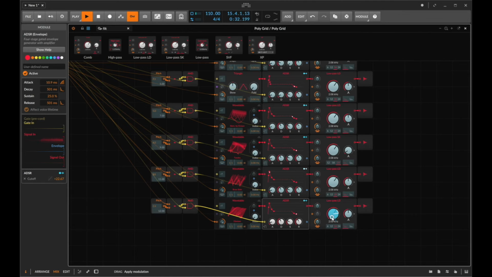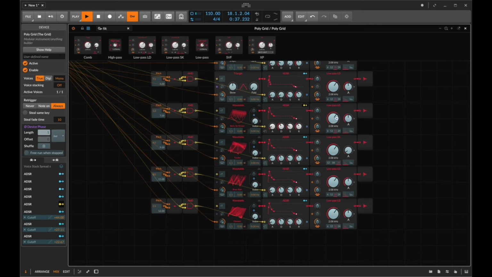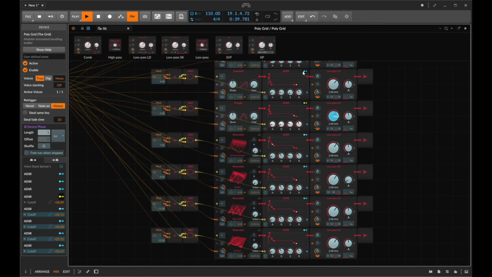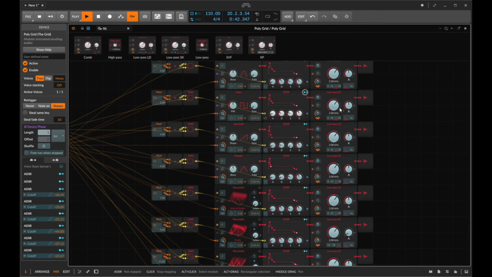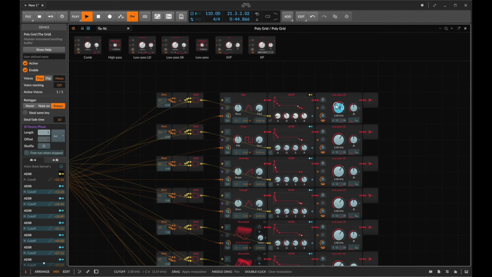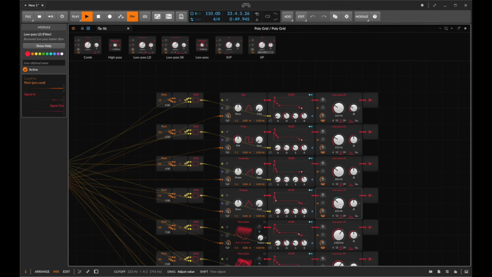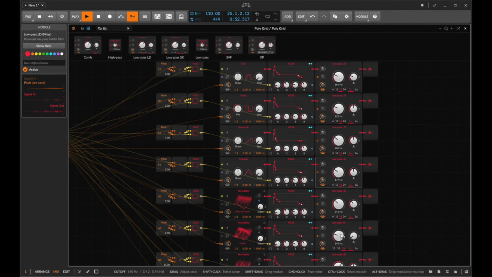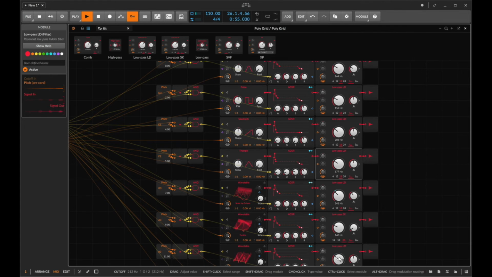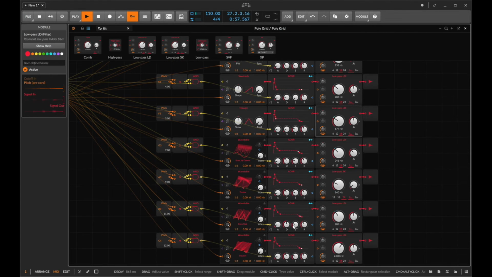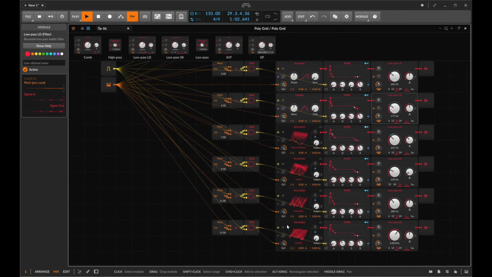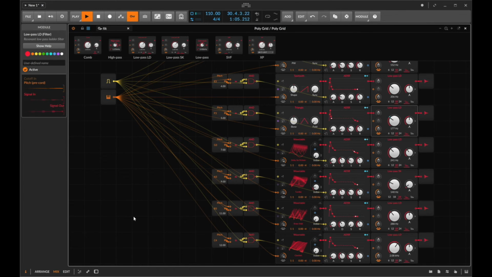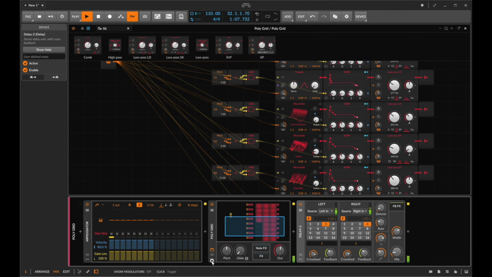Maybe we can use this to open it a bit. Quite cool. And obviously with a bit of modulation to all of these guys we can create something really quite